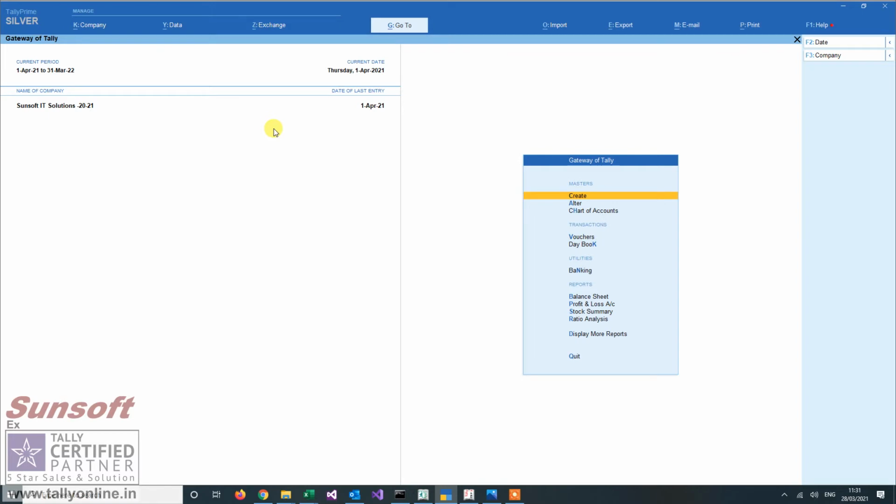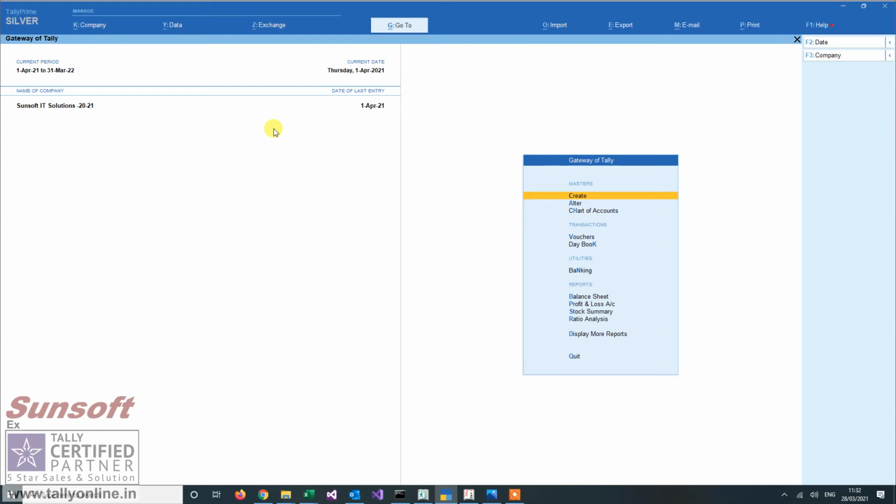So there are so many options with which you can change your financial year and control the numbering of your vouchers in sales. That is a specific area where you want to change the numbering of your voucher types, that is, you want to change your invoice numbers. Now this is one way of doing that: you continue with the same company and keep on adding the data from 1st April onwards in the next financial year.